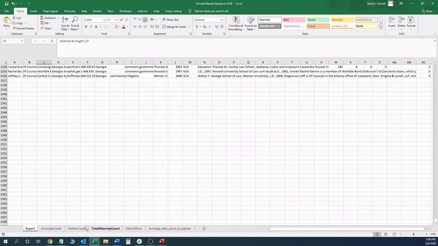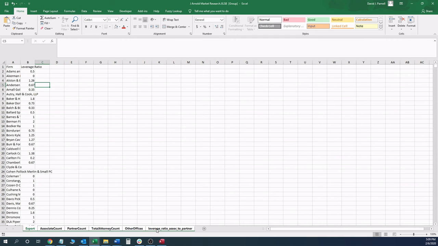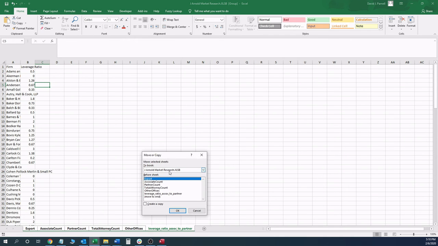So you're going to highlight all of these. If you click on this first sheet, hold your shift button down and click on this sheet. See how it highlights all the tabs? Right click and you will see move or copy. So click on that. And what we're going to do is move this into the J. Arnold Jobs Research V1. Remember, that's the file that we used in order to find the job. So if you click on that and click OK,